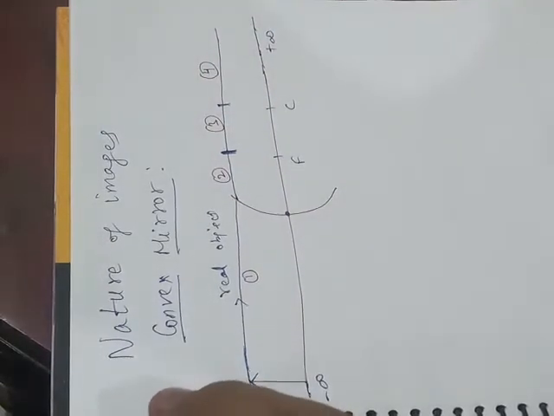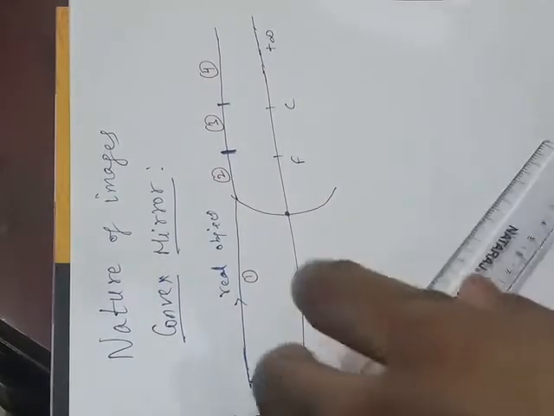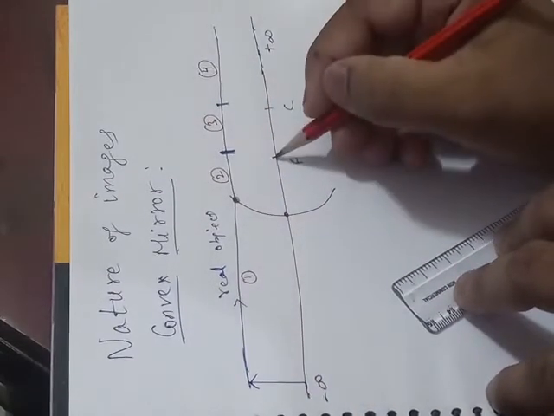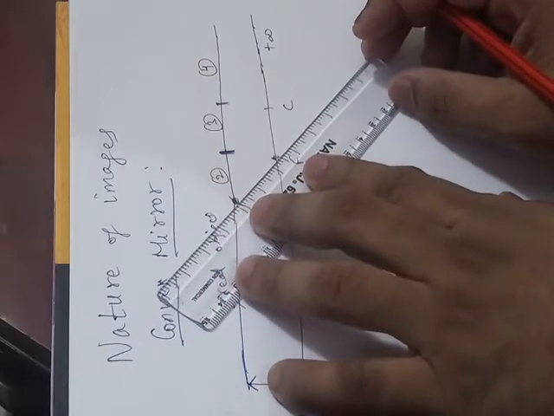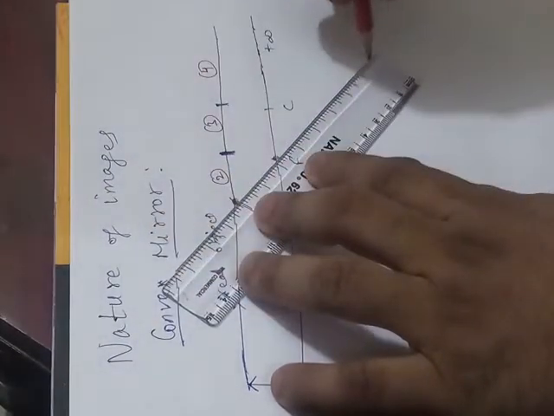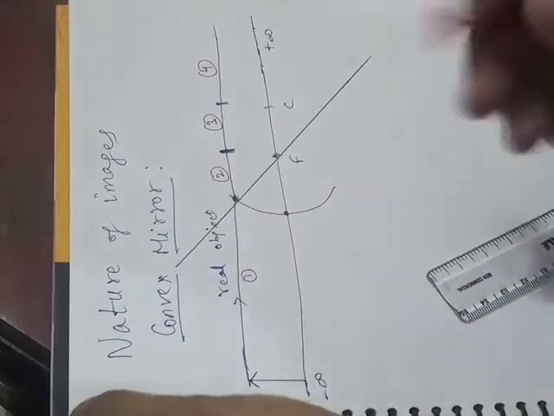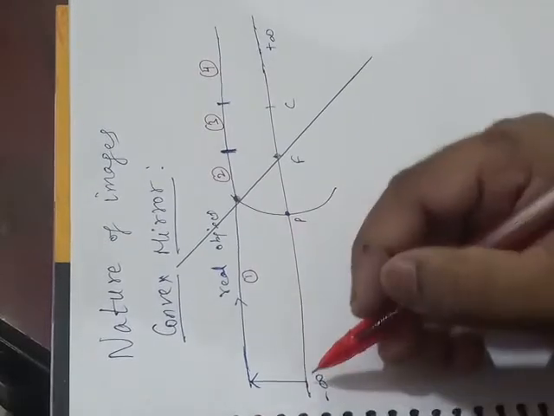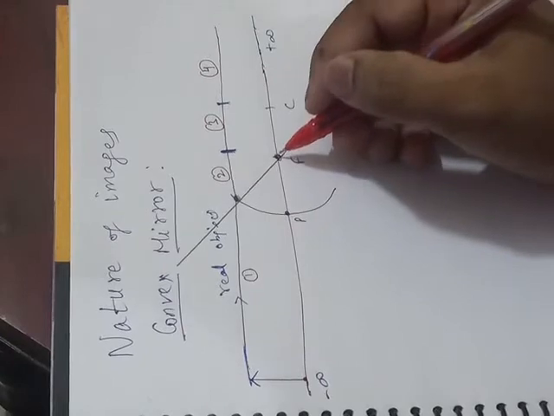Now if I want to see the nature of the images found by this convex mirror, I told you I will tell you the trick. The trick is you join this point with focus and draw a straight line. Draw a big straight line like this. So this will be our image, the region of the image. So minus infinity to pole, we know that if the object is at minus infinity, the image will be at focus on the other side.